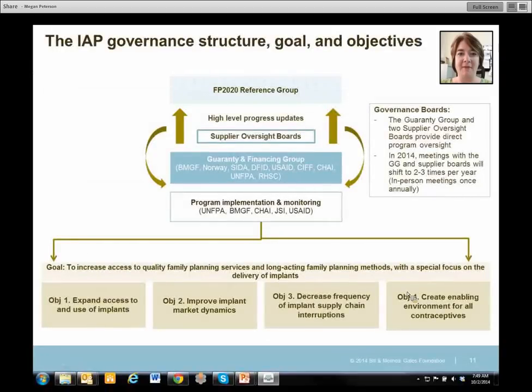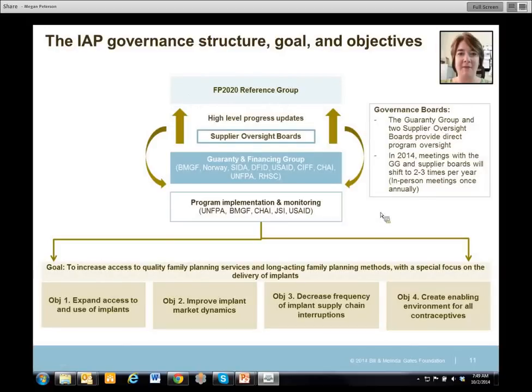This is the second to last slide that I have, on the governance structure, goal, and objectives of the program. I'm not going to go into great detail, but this lays out that within the program we have 4 specific objectives. On the service delivery side, it is expanding the access and use of implants. We are also looking, as I mentioned when I referenced the Family Planning Strategies Initiative, at contraceptive